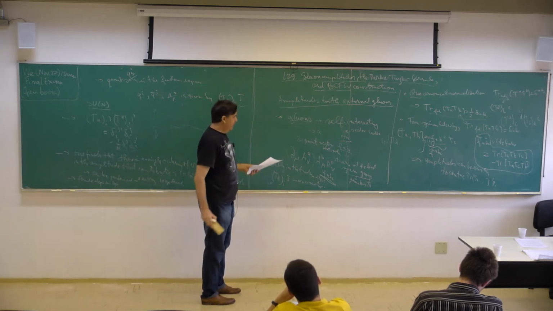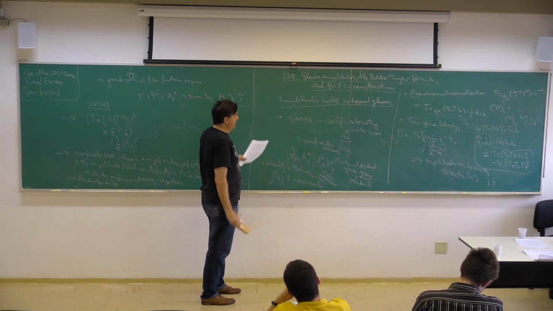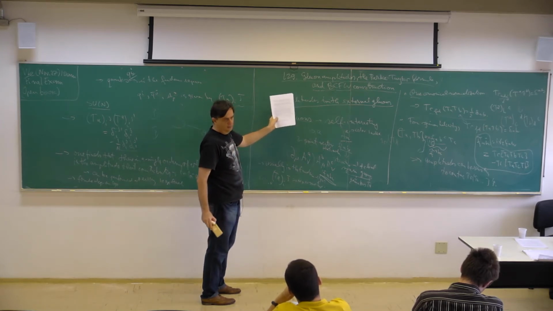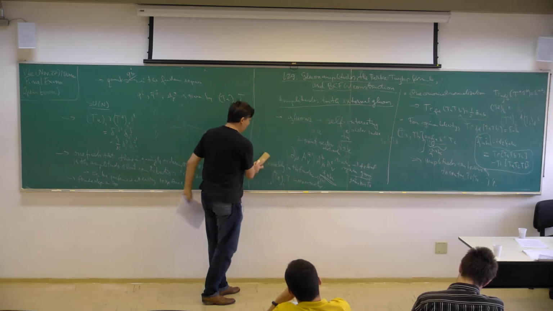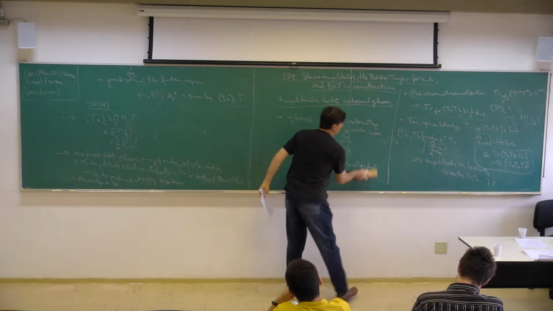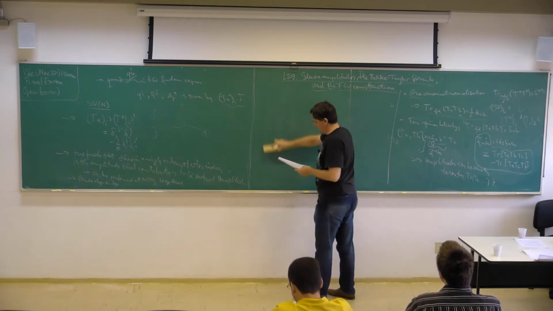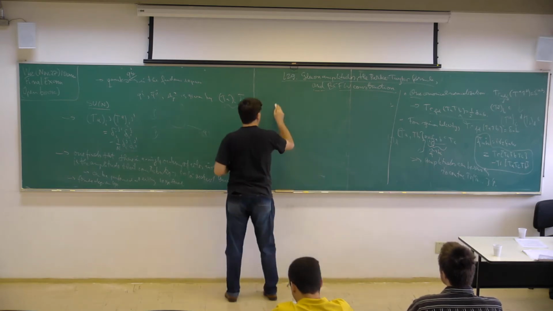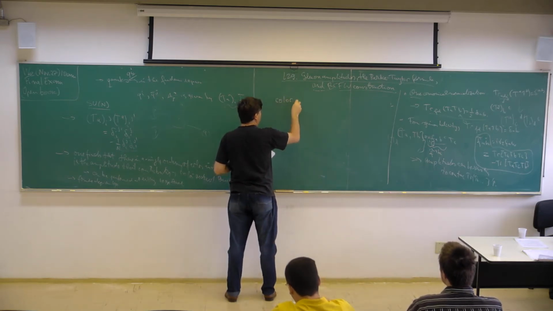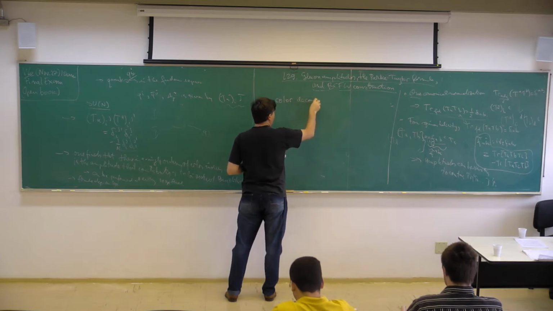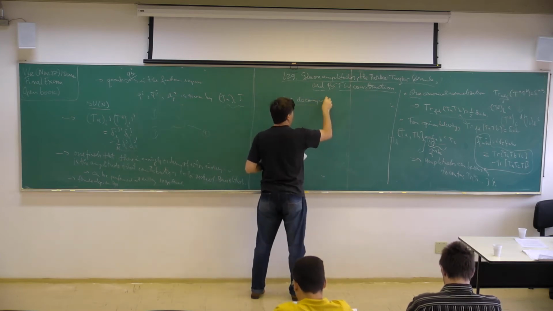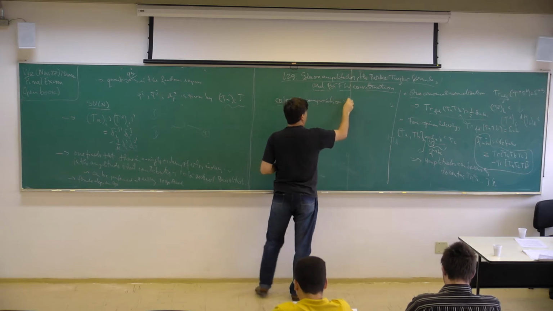So, since in any case we're interested here with only tree amplitudes, I'll just write the tree amplitude formula. So this so-called color decomposition at tree level is